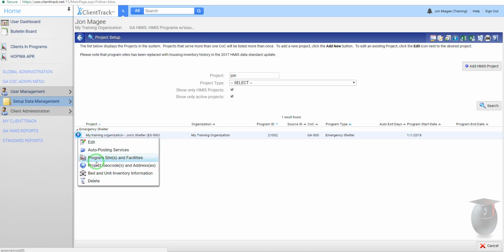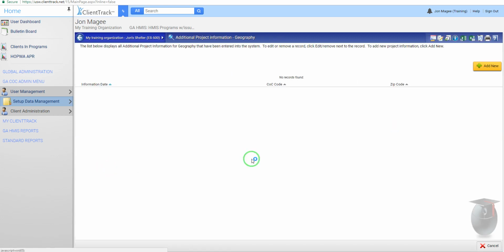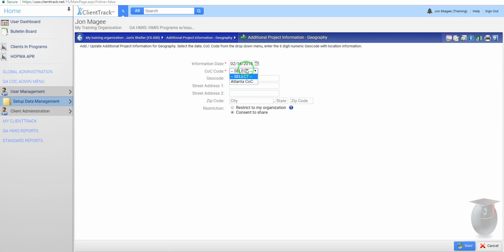Another option that you have on here is program sites and facilities. This is a feature that we are currently not using because this goes along with the emergency shelters that are set up night by night, which we do not do. So you can disregard this option. However, these next 2 options are relevant and important. These come into play on the HIC data that you will need to be able to access. And so what this will do is record your CoC code for this project and your geocode. So whatever your geocode is